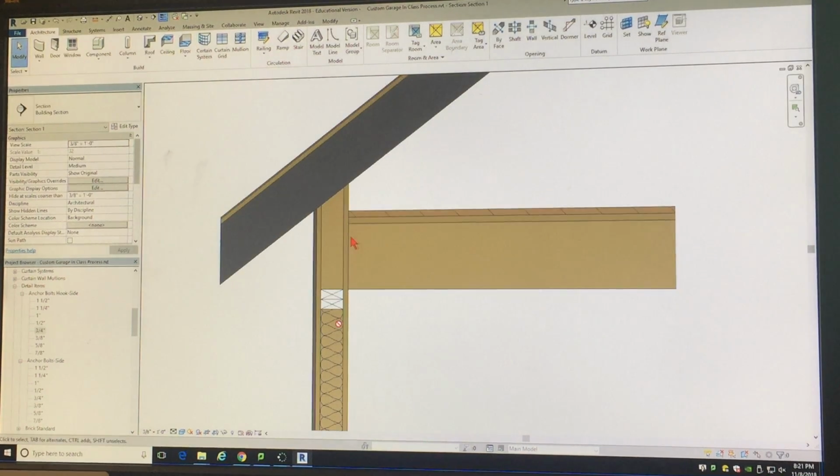Now, one of the things about this particular view that is a little bit not kosher is typically what you'd have is this particular decking